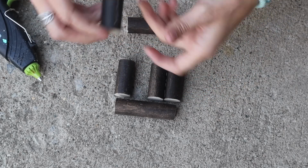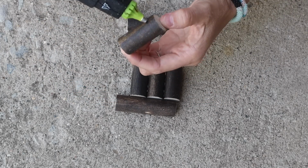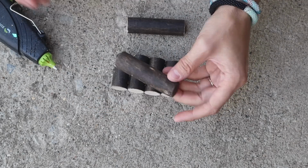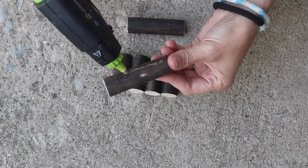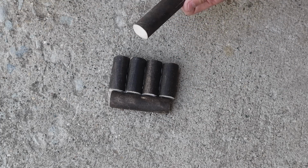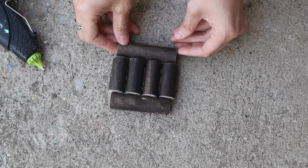We're going to be making some rustic fun coasters. I think these turn out super cute. They just work. I think they're fun. I liked using the stain. I think it's pretty. I did nothing more than put these little